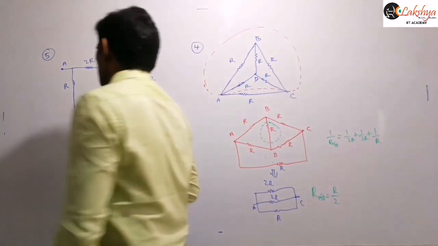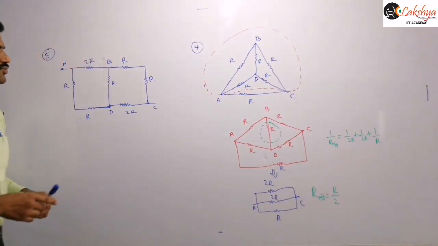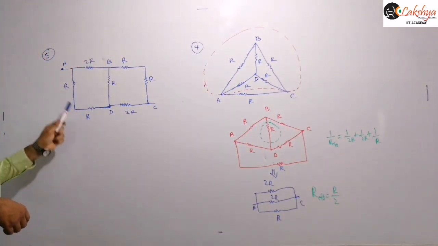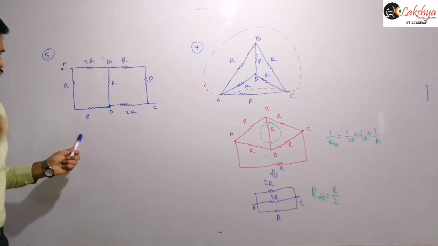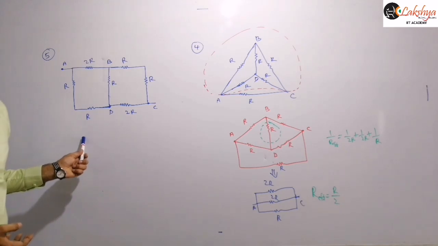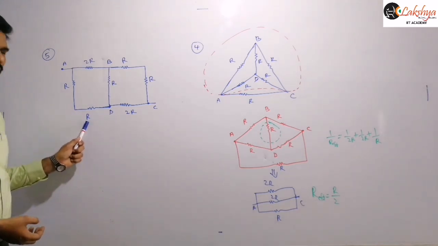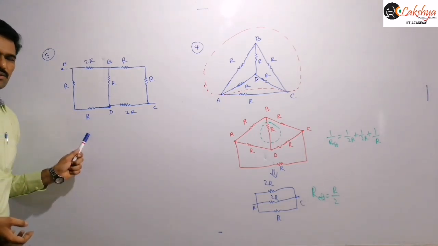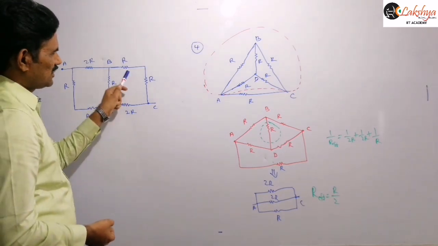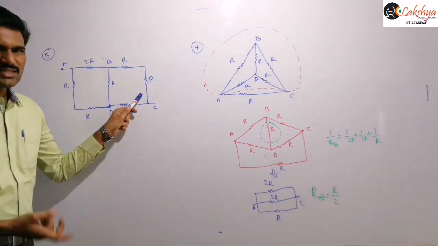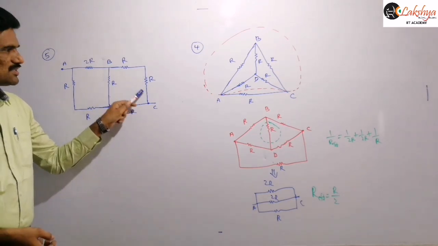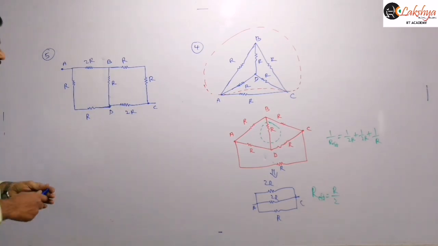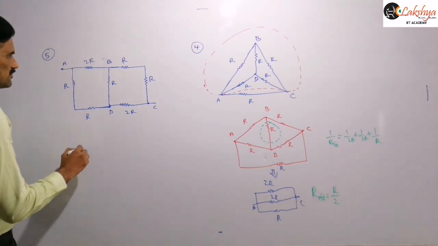Then if I simplify this circuit here, you can observe these two resistors will be directly in series, right? So for this there is no too much thinking or calculation required. These two are directly in series, so you will get R plus R, 2R. Similarly here, these two are in series because the same amount of current is flowing through them, and this is again R plus R, 2R. So I can simplify the circuit like this.